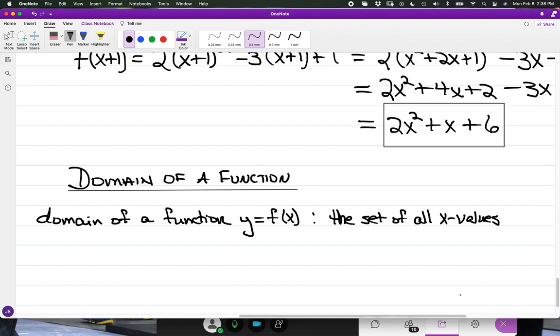But let's say you have a function like f of x is equal to a fraction in the variable x, or something like x squared minus 3x plus 4. There might or might not be a limitation in terms of what x can be. For what we have here, we do know that the domain is going to be the x values, but just to expand the model, this is going to be the set of all x values such that